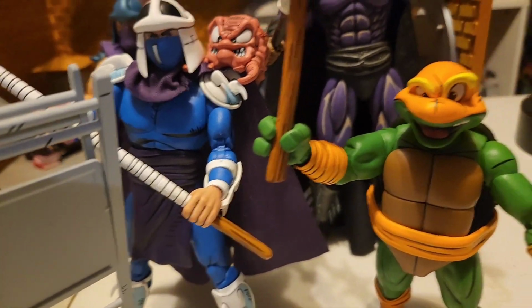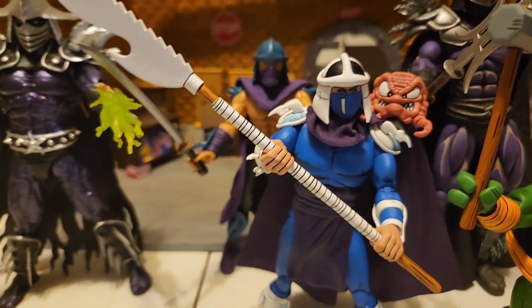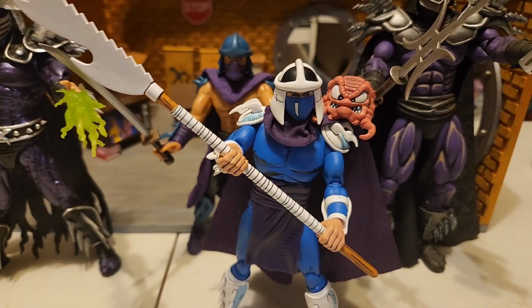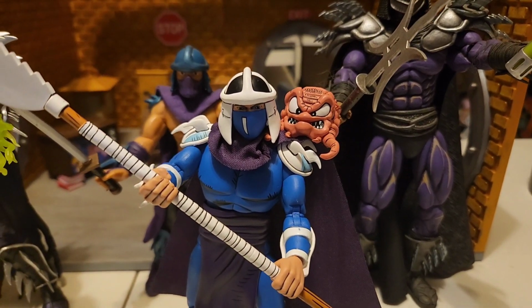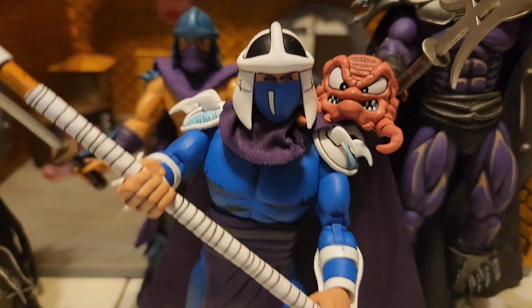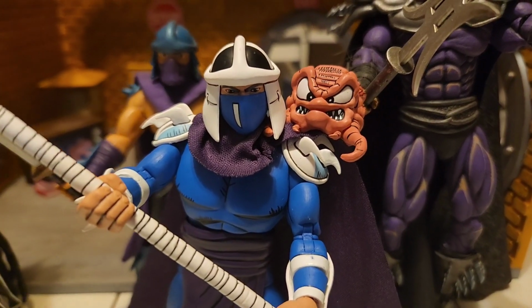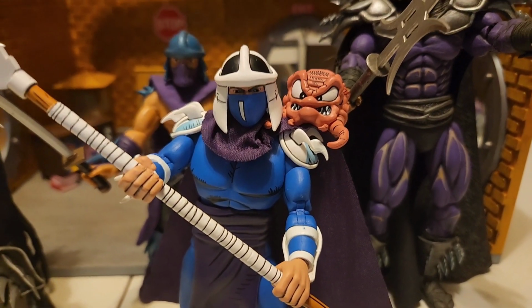But I don't know, guys. I think I love this Shredder for sure. I think it's a good deal. It's only $35. I don't know if we're going to start getting inflation rates because of the plastics and the fabric or whatever else they use to make these awesome figures. But I've seen a lot of figures coming up lately that, let's take for instance, I think that